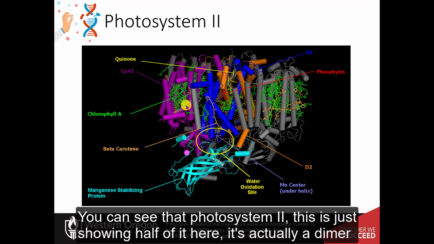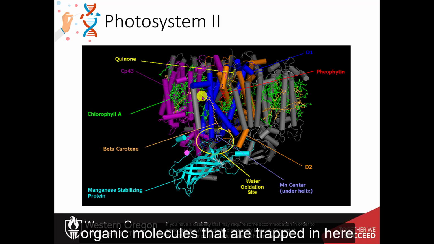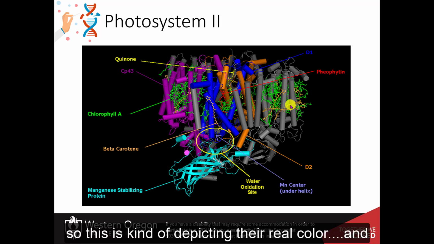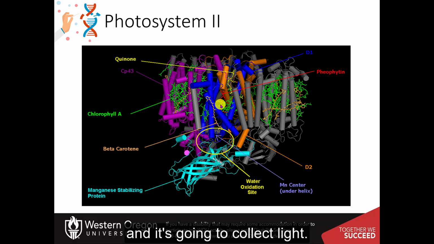You can see that photosystem 2, this is just showing half of it here. It's actually a dimer, so this is one half of the protein. You can see up in here it's got all of these green organic molecules that are trapped in here. These are chlorophyll molecules. You can see the carotenoids are shown in yellow. So this is kind of depicting their real color. And the carotenoids and the chlorophylls make up the antenna portion of the photosystem, and it's going to collect light,